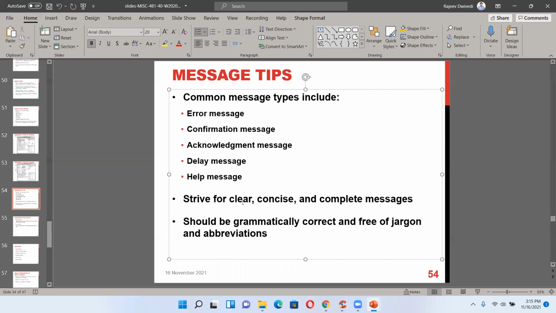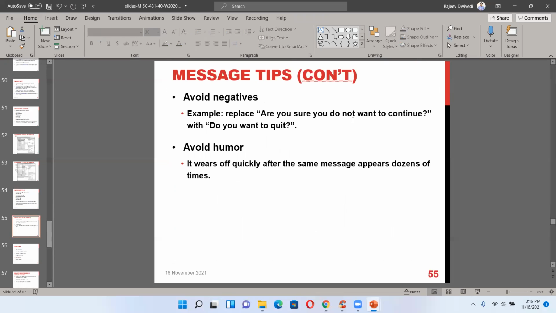Messages should strive to be clear, concise, and complete, a message must be there for the user, grammatically correct and free of jargon and abbreviations. So basically it should be in very simple language and easy to do. Avoid negatives.